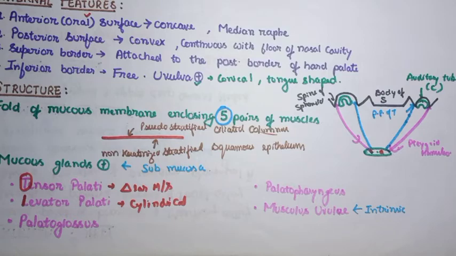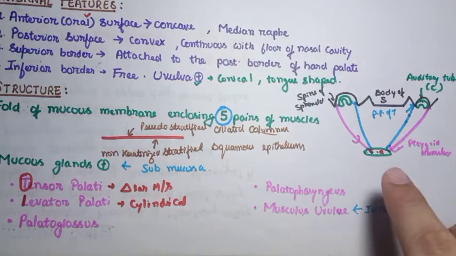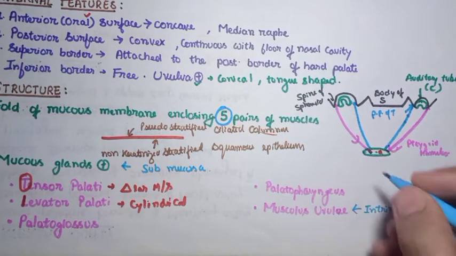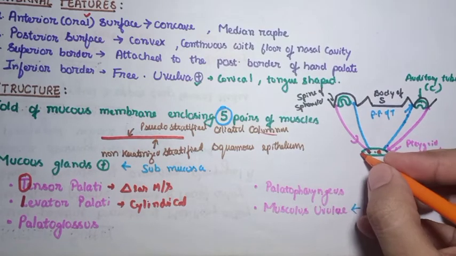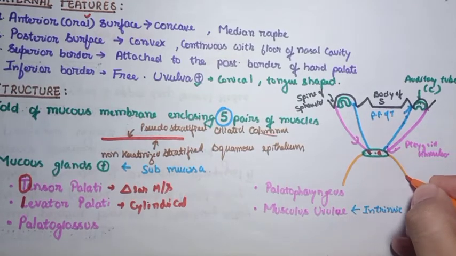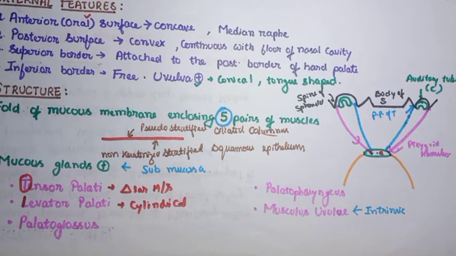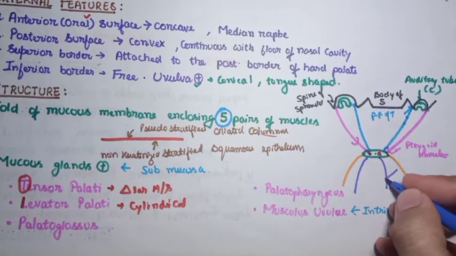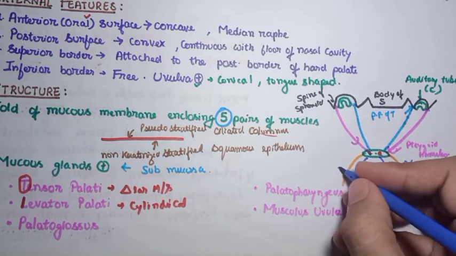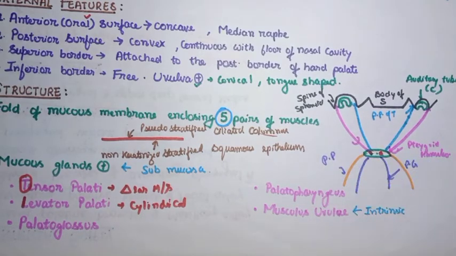What are the palatoglossus and palatopharyngeus? See, palatopharyngeus is situated laterally. Let me show it in a different color. Palatopharyngeus is situated laterally, and the palatoglossus is situated medially, because the tongue is situated medially, that's why palatoglossus is also situated medially. So this is palatoglossus, and this is palatopharyngeus. So this is a general diagram to show the 5 pairs of muscles of the